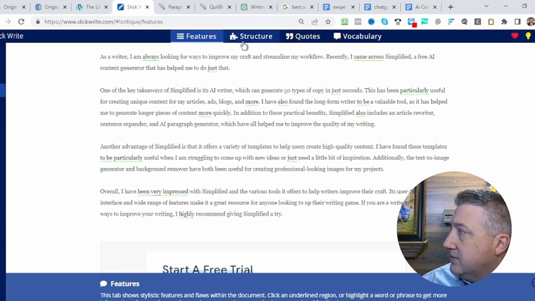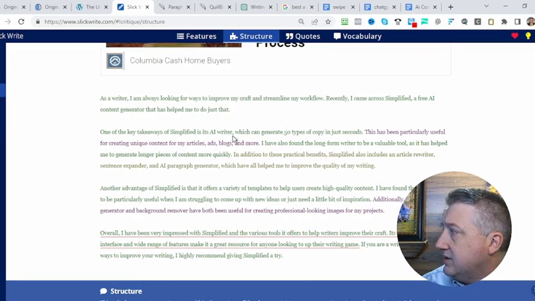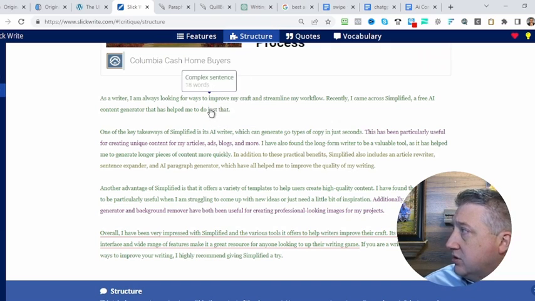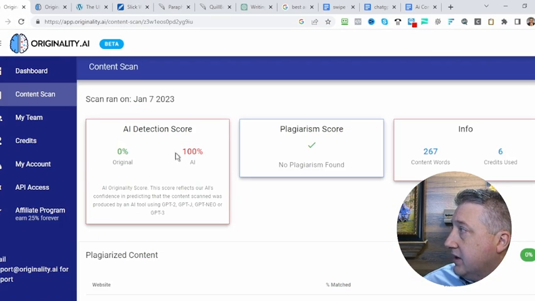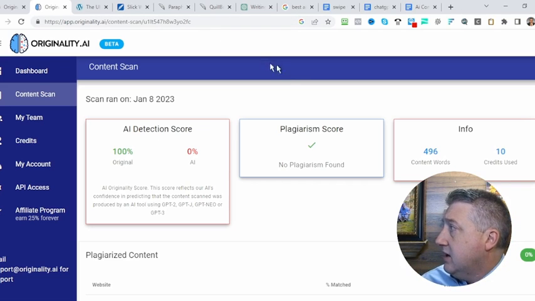If you go up here to structure, you can see your sentence structure. Things that are green are complex sentences, and then things that are purple, these are really the things that mark your content as being AI generated, is these purple parts. If you can fix these purple parts, you can get a higher score in Originality AI. You can get a higher score and move some of this information from 100% AI to 100% original or human, like here. And so I have a process for finding content and generating content and making it